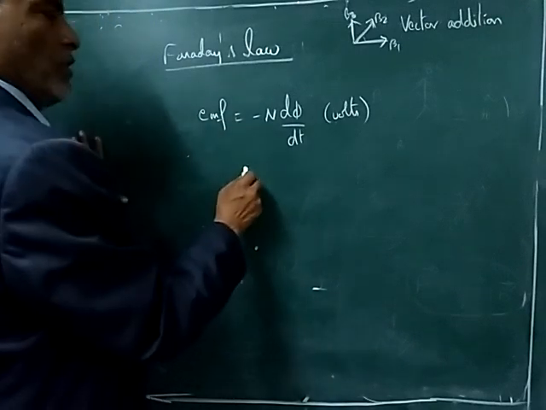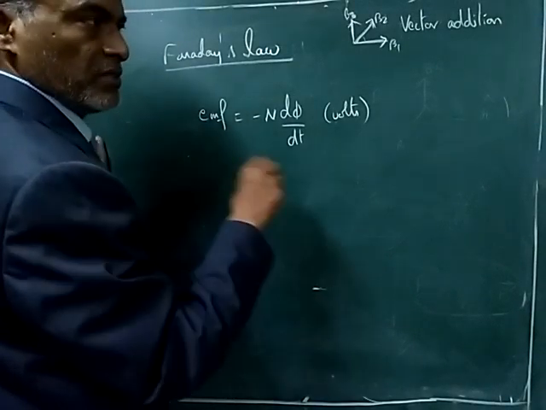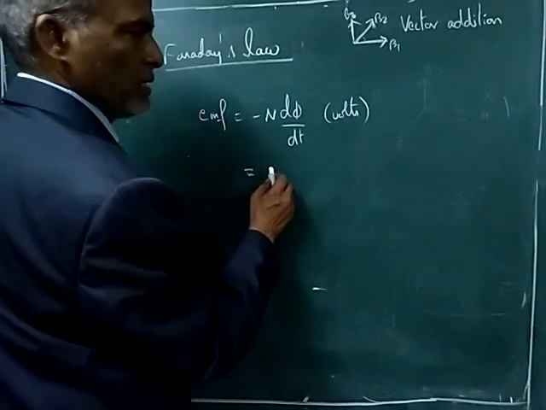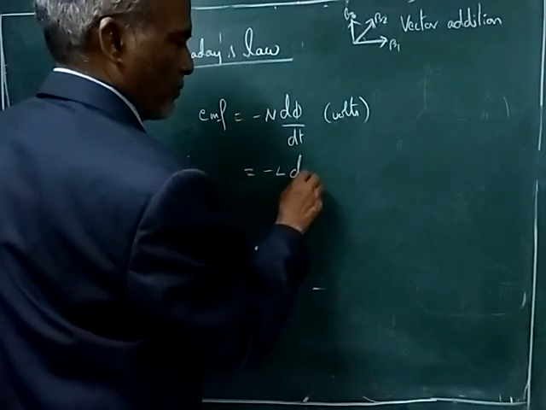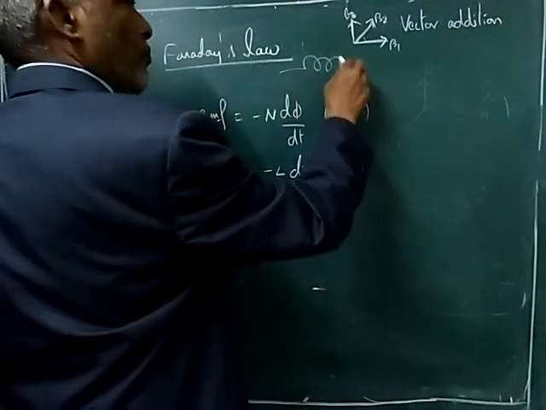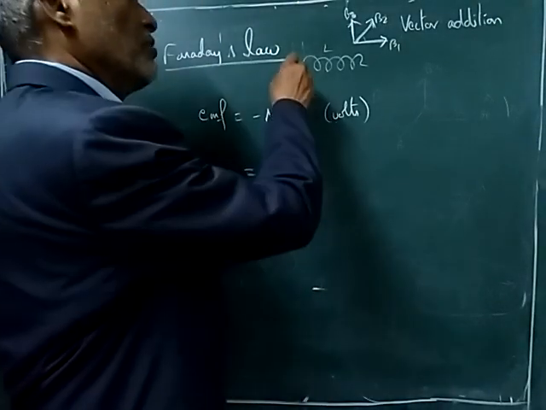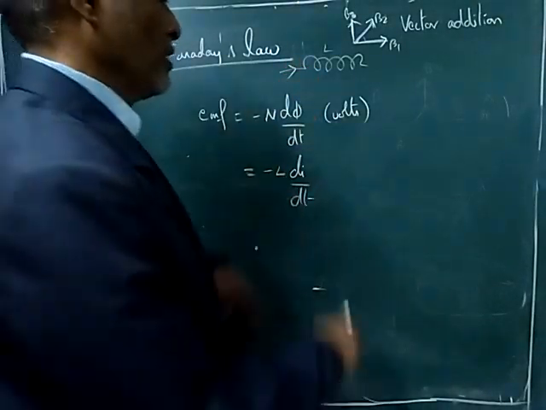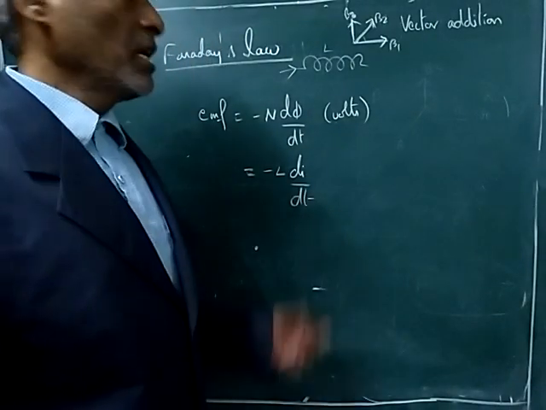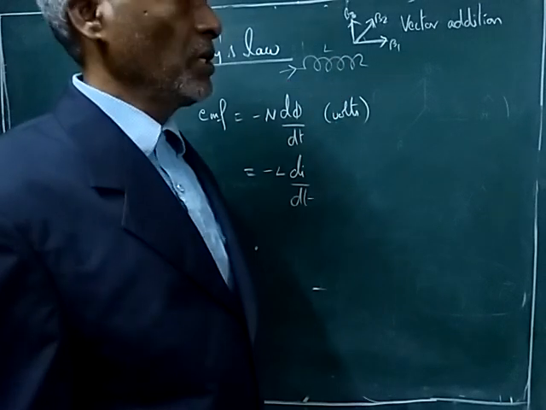You can realize the same voltage in the electrical domain, that is minus L di by dt. L is the inductance value of the coil, and di by dt is the rate of change of current, the same unit, volts. The current should vary; if not, it is 0, then the voltage developed across the inductor is 0.